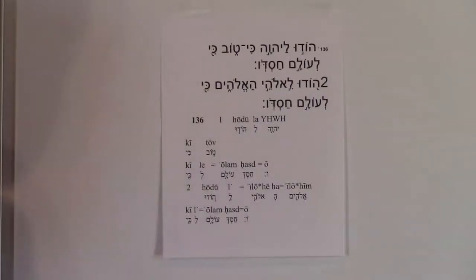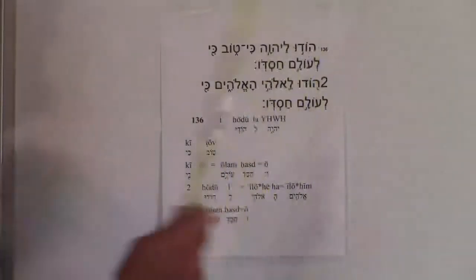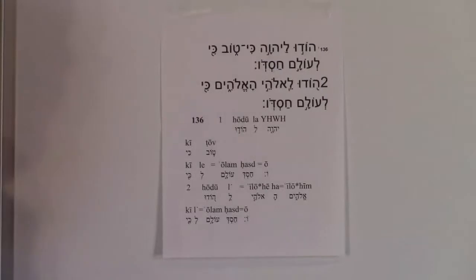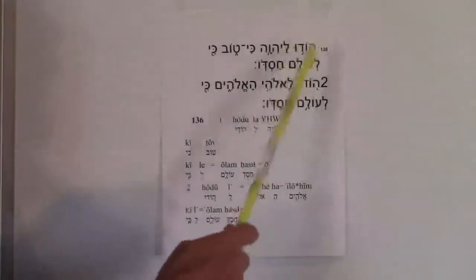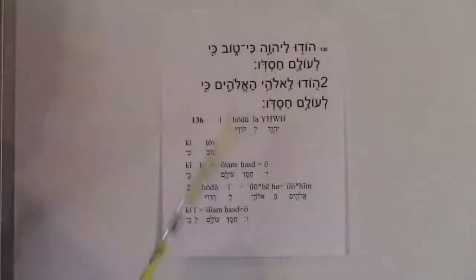That's how you want to remember this, H-O-D-U. And I expect that you know how to break it out into two syllables, remembering that every Hebrew word primarily is made up of syllables that consist of a consonant and a